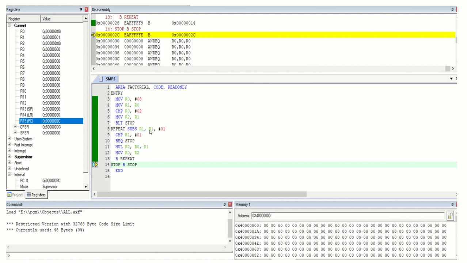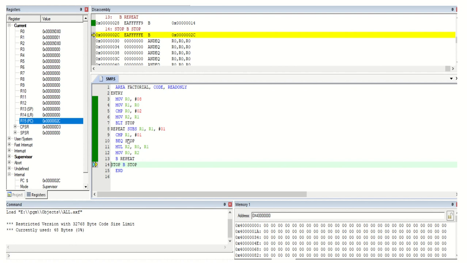Subtraction, SUB R1, R1, 1. We have to subtract from the value in R1. In R1 we have 8 minus 1, 7. Now you have to compare R1. Here we have 7. That 7 is compared with 1. Is that equal? That's why we have to check here. BEQ. Here we have 7, here we have 1. Is that equal? No. If it is equal, go to stop. That means we have to stop our program.